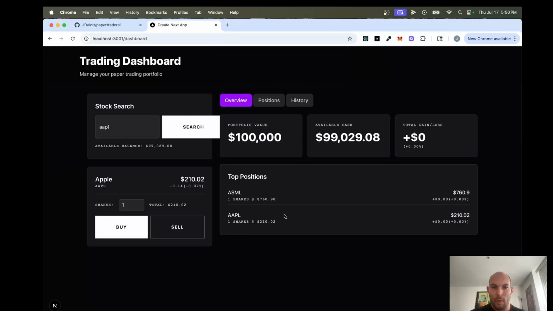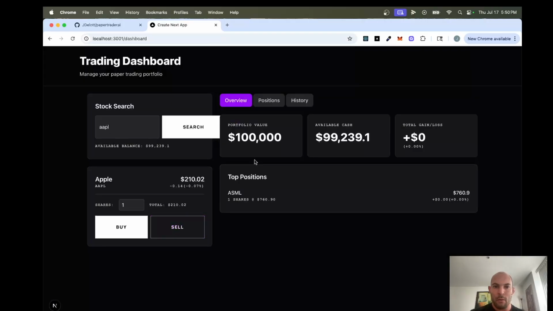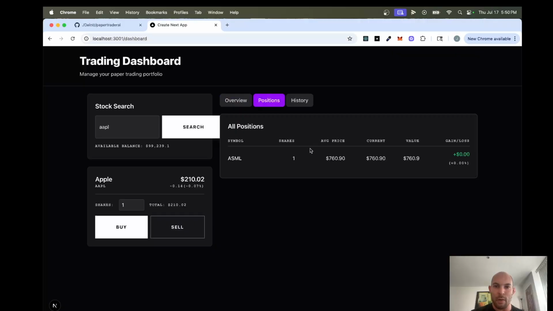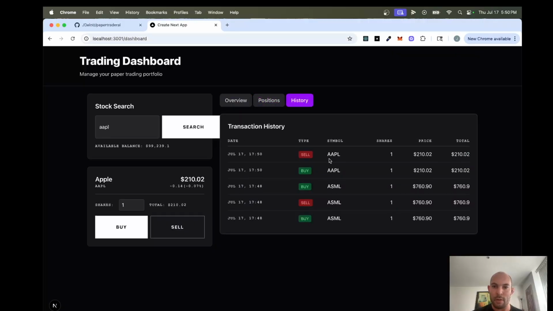So here we are, and then we can also sell one share, right? And then if we go to positions, that's what I tried earlier. And then here's the history. So this is what we just did, this Apple buy and sell. And then these are some older ones. So yeah, that's kind of where we're at. Just a very primitive